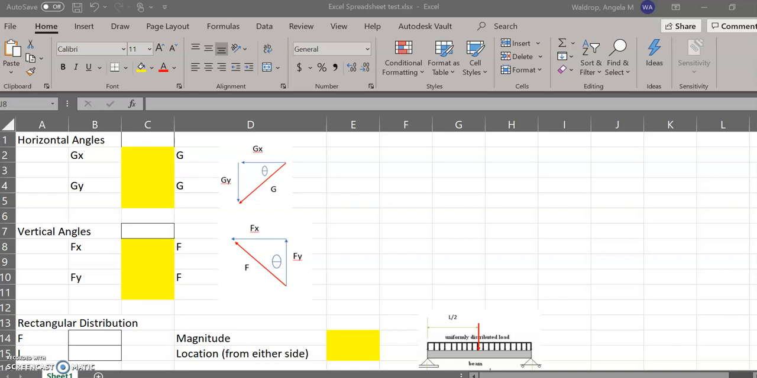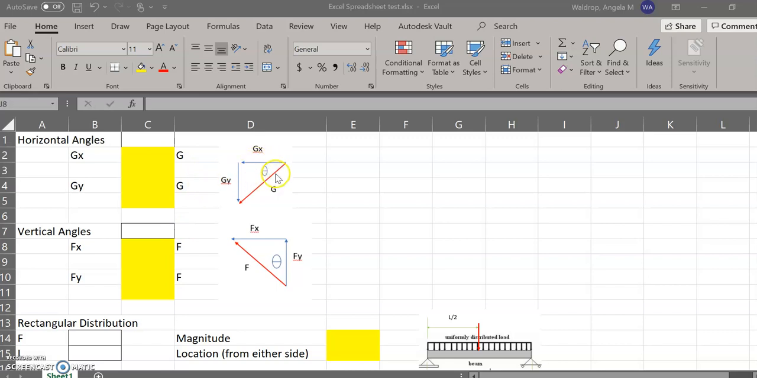Okay, what we're going to do today is look at how to do some static calculations in Excel. In particular, we're going to look at resolving angular forces and resolving distributed forces. For the first thing, we're going to be looking at resolving the angular